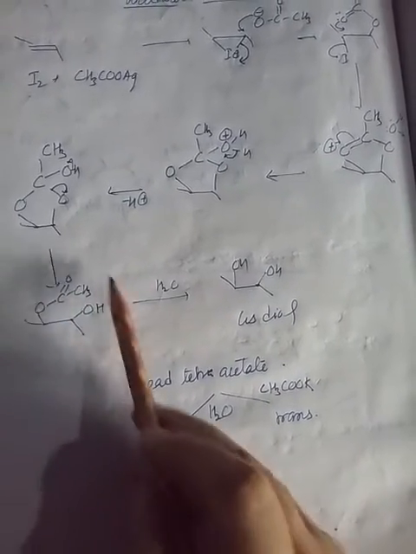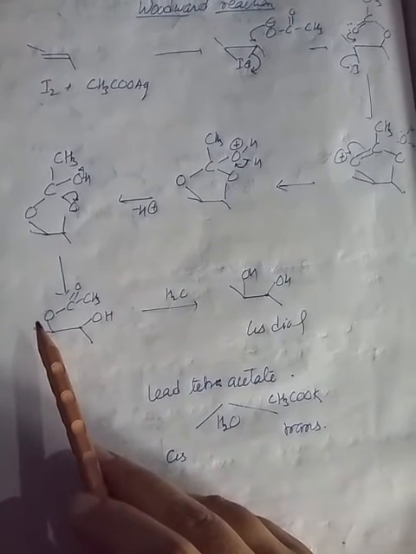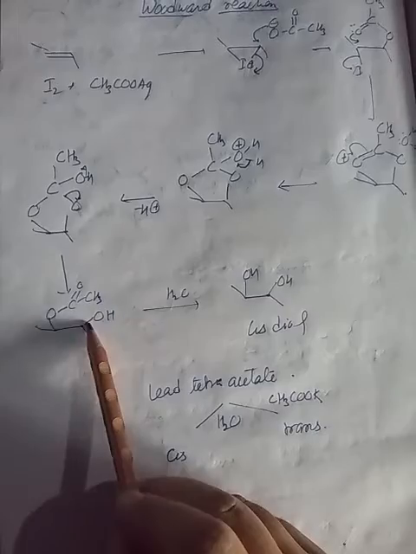So in this case, this is a monoacetyl derivative. In the case of Prevost conditions, there is a formation of a diacetyl derivative, but in the case of Woodward conditions, there is a formation of a monoacetyl derivative, and finally on hydrolysis, it gives OH. So in this reaction, one OH comes from here, and another one is here. So this is a cis diol.